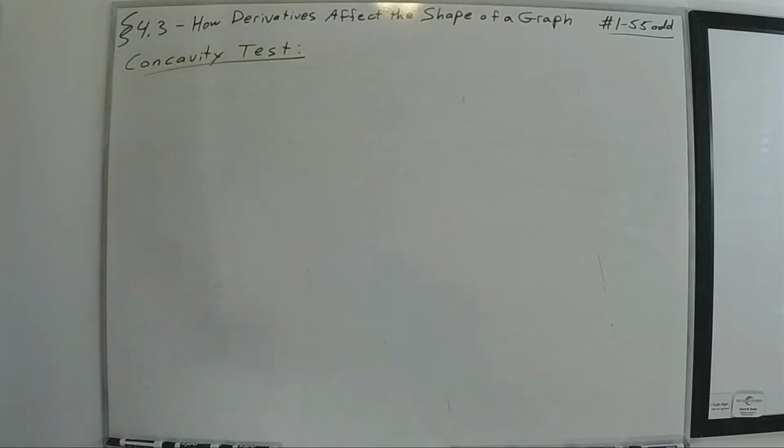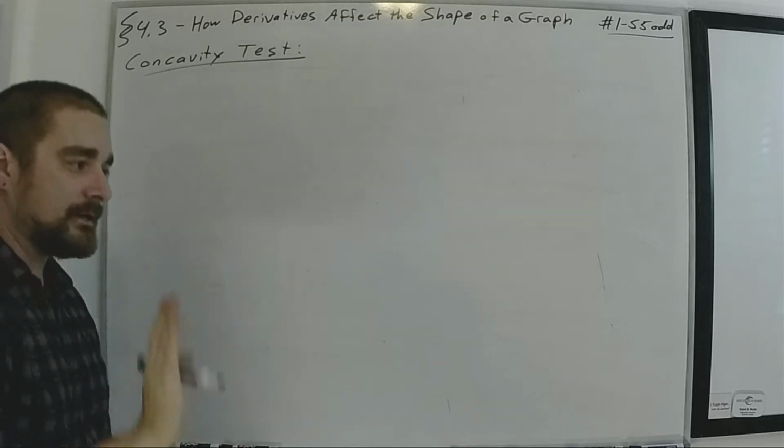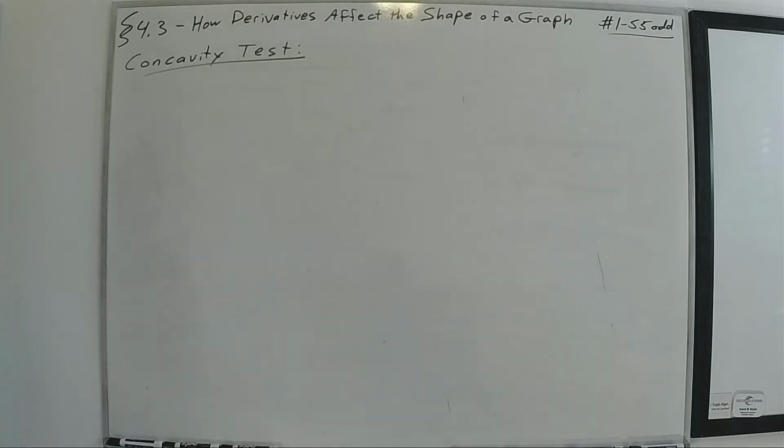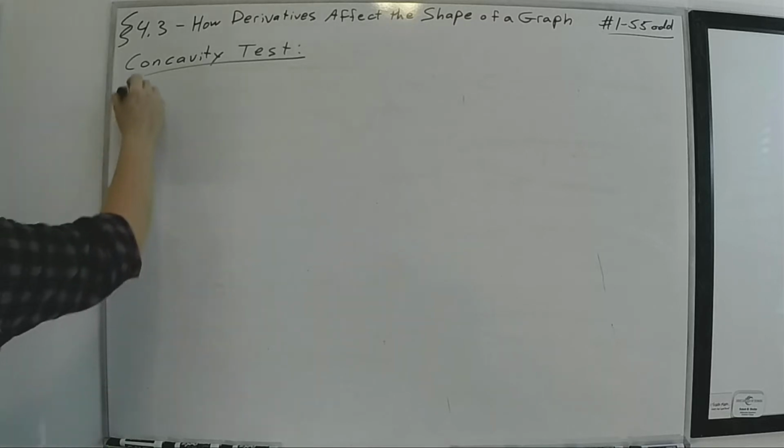We can also talk about the concavity of a function, and that is, like, the curvature. Is it curving downward? Is it curving upward? And we'll see that the second derivative provides us lots of information about that. So if